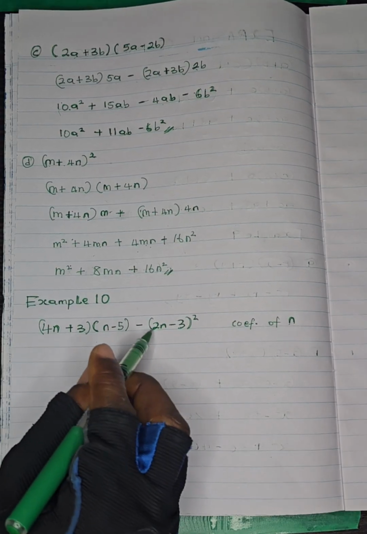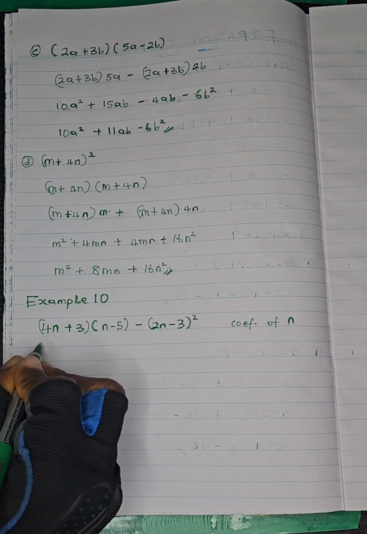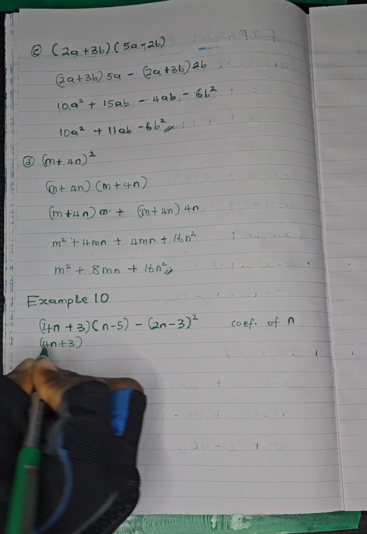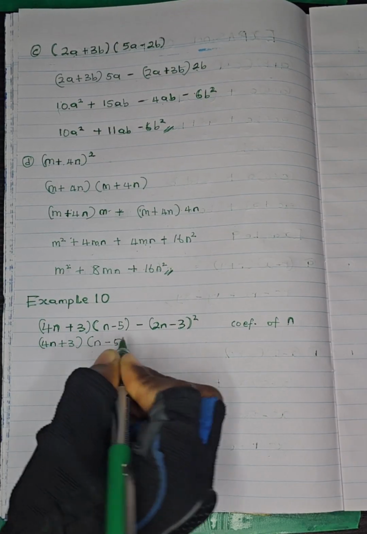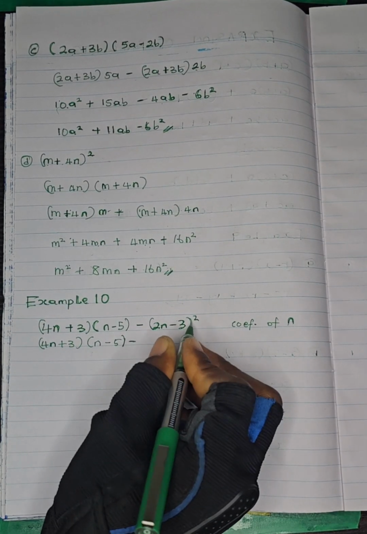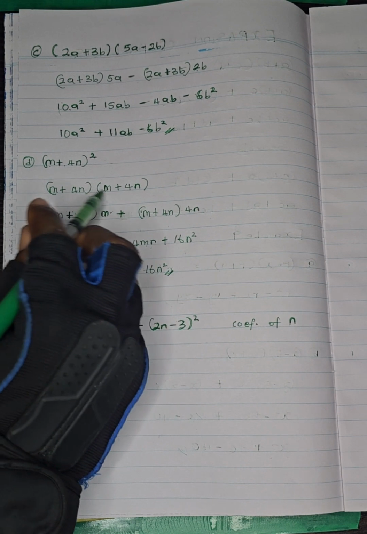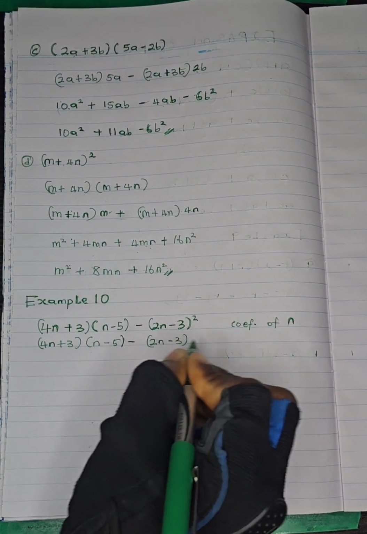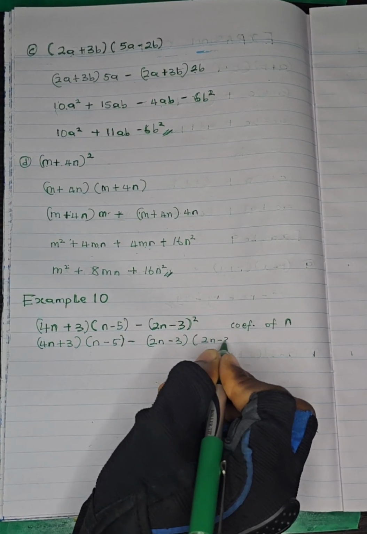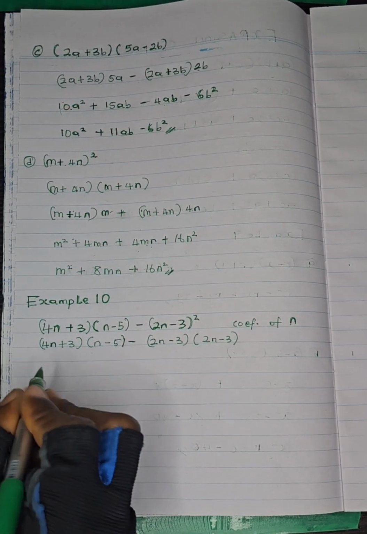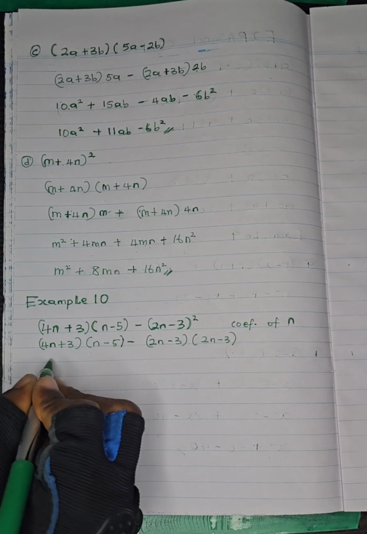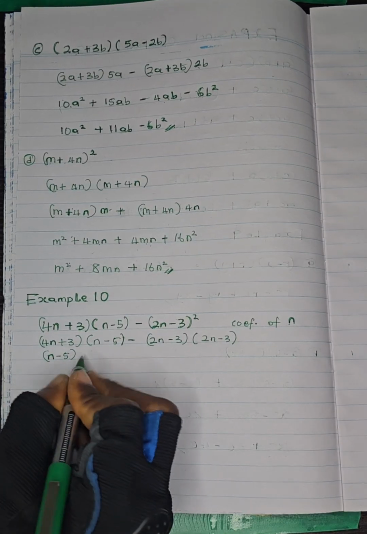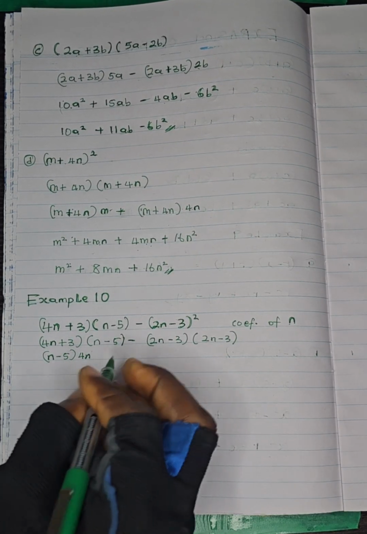So let's start. This is the same as (4n + 3)(n - 5) minus (2n - 3) squared. Remember what I said, this is squared, and remember what we did here. It means it's multiplying itself, so it will remain (2n - 3) multiplied by (2n - 3). So the next step, we are to do what we know how to do best. Let me take this as one that we are multiplying against, (n - 5) multiplied by 4n